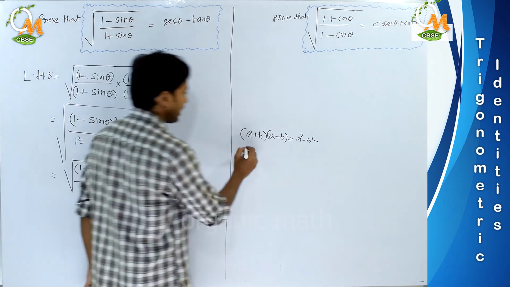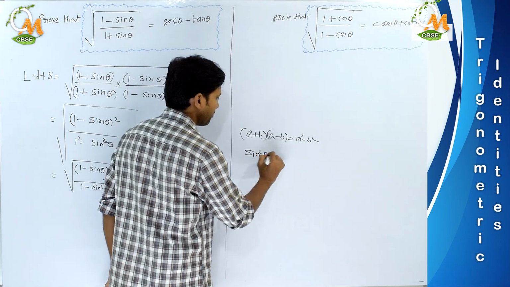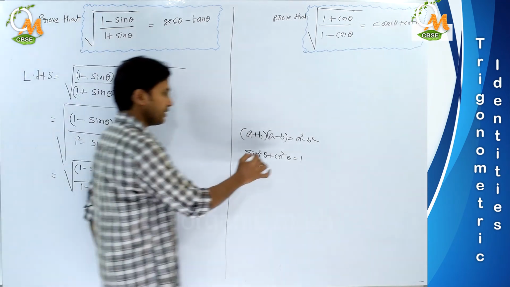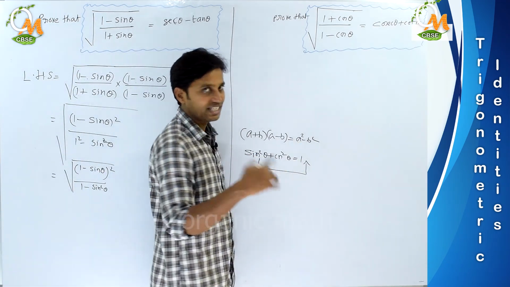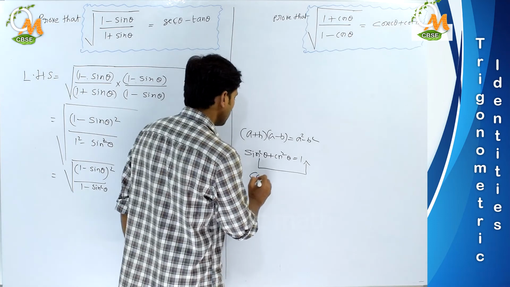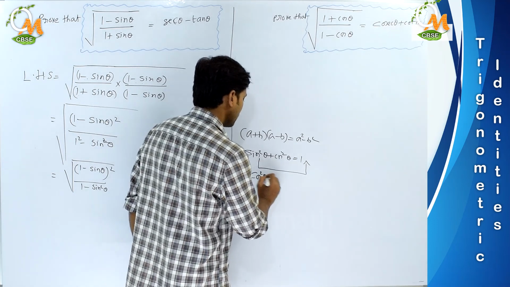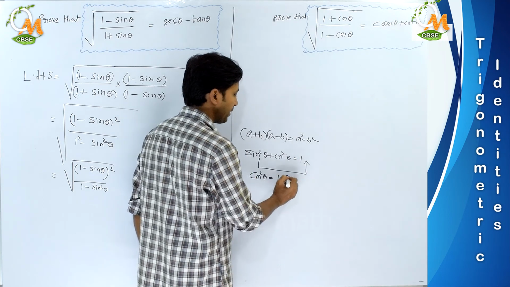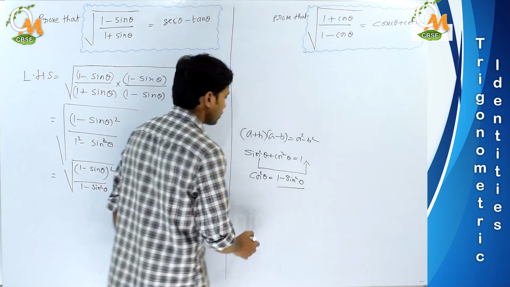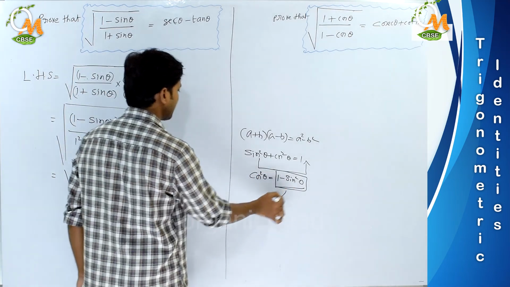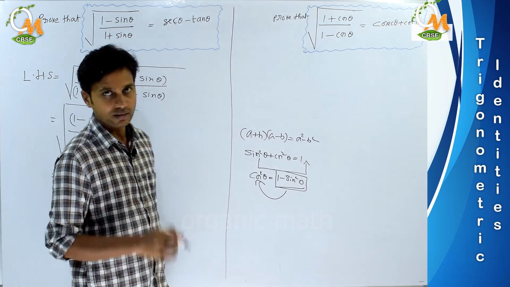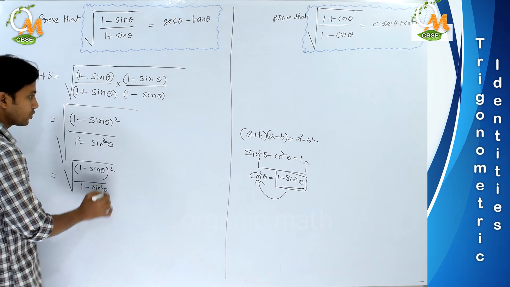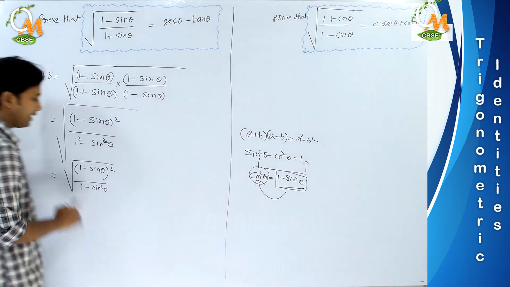Now from the standard trigonometric identity, sin square theta plus cos square theta equals 1. If you take this sin square theta to the other side of the equation, the sign changes from plus to minus: cos square theta equals 1 minus sin square theta. So 1 minus sin square theta can always be replaced by cos square theta for all values of theta. Anyways, here in the denominator part 1 minus sin square theta is there, no? So we can replace it with cos square theta. Let us do it.